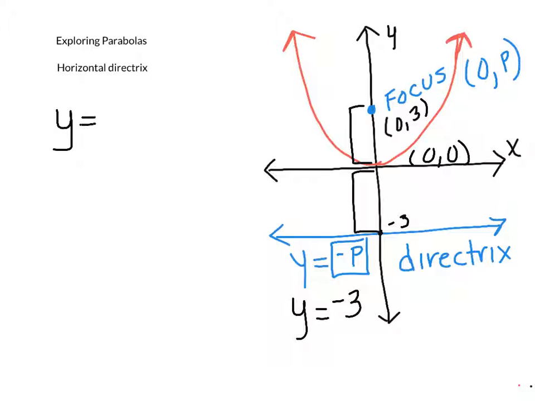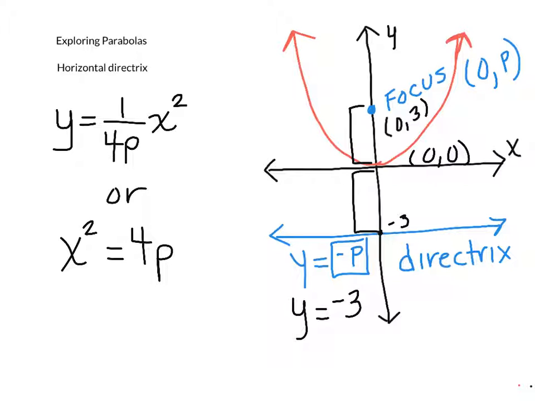We can use this one because we like the function equation: y equals 1 over 4p times x squared, or you could use the equation x squared equals 4 times p times y. Okay,